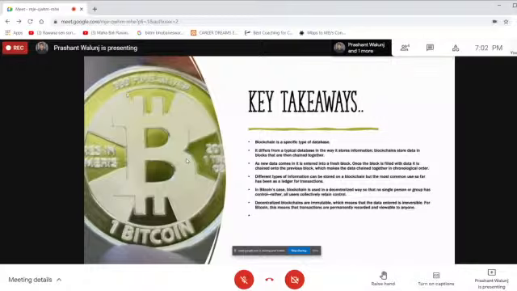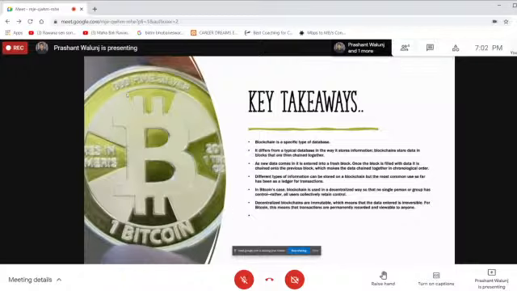Blockchain stores the data in blocks that are then chained together. As new data comes in, it enters a fresh block. Once the block is filled with data, it is chained to the previous block, which makes the data chain together in chronological order. Different types of information can be stored on a blockchain, but the most common use so far has been as a ledger for transactions.